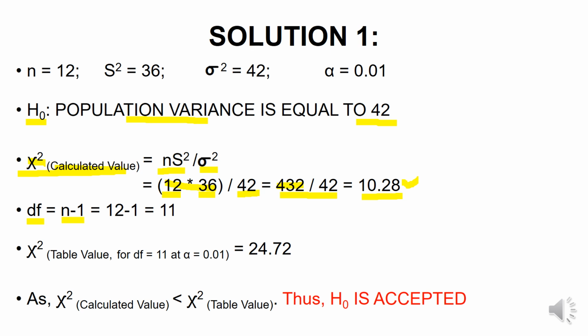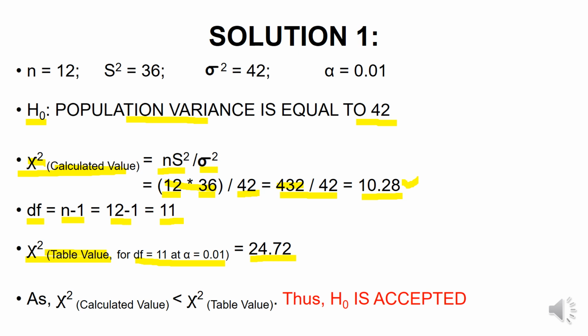It means 12 minus 1 is equal to 11. Now we will calculate the chi-square table value. The chi-square table value is calculated for a particular degree of freedom and for a particular level of significance. In this case, the degree of freedom is equal to 11 and the value for alpha is equal to 0.01. Therefore, the chi-square table value for degree of freedom equal to 11 at alpha equal to 0.01 is equal to